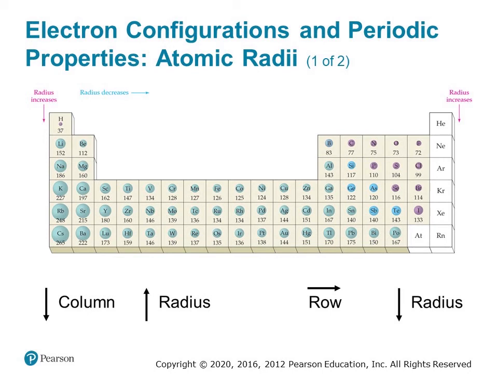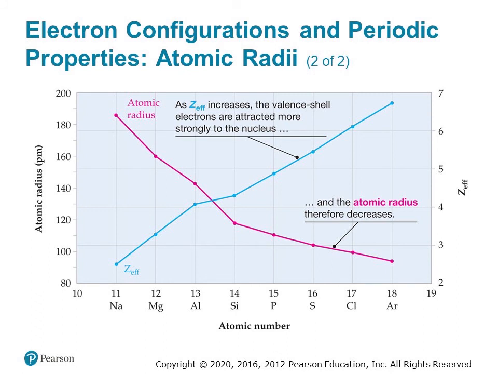The trend across rows is a bit more complex to rationalize. Somewhat counterintuitively, as we go from left to right across the periodic table, the atomic number and number of electrons increases, but the atomic radius will tend to decrease. To explain this, we need to invoke the concept of effective nuclear charge again. As the atomic number, and hence the number of protons, increases across a row of the periodic table, so does the effective nuclear charge. As a result, the electrons are more strongly attracted to the nucleus, and hence held closer to it. This results in a smaller atomic size due to the electrons not being as far away from the